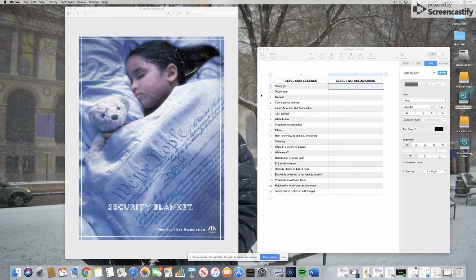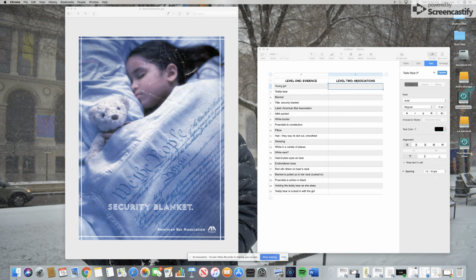Okay, so now that we've looked at the evidence, we've gone in and looked for specific details or images or words or structures that appeal to us, that we notice, that we feel have an importance, and we've broken them down and each given them their own independent space or list. And we've stayed concrete with it, right? Specific things we can see or touch or taste. Like we could all see the young girl, we all saw the border, we all saw the pillow. Very concrete things are listed in evidence.